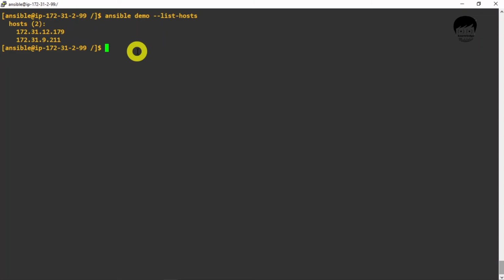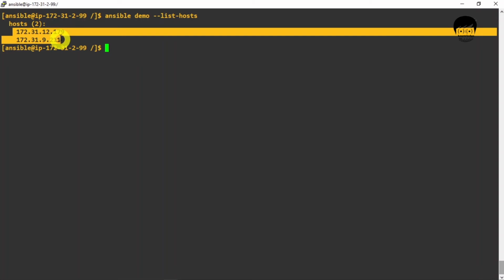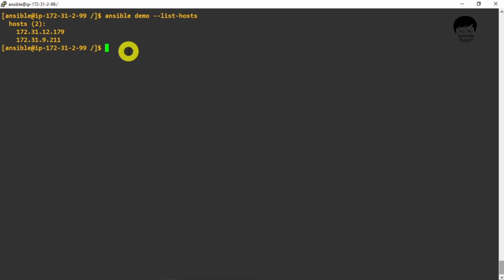As I told you, ad hoc commands. What we can do is check what files are present at our Ansible demo. The demo group consists of two nodes, as you already know. Here you can see the 179 IP node 1 and the 211 IP node 2.